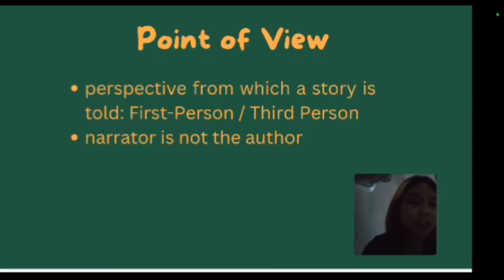In the first person point of view, we determine this with the use of the pronouns the story uses. For example, if it uses I, of course that is a first person point of view. Now, if the story uses the pronouns they, of course that is a third person